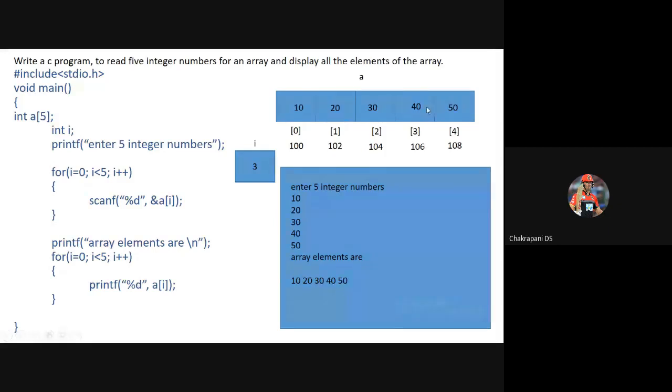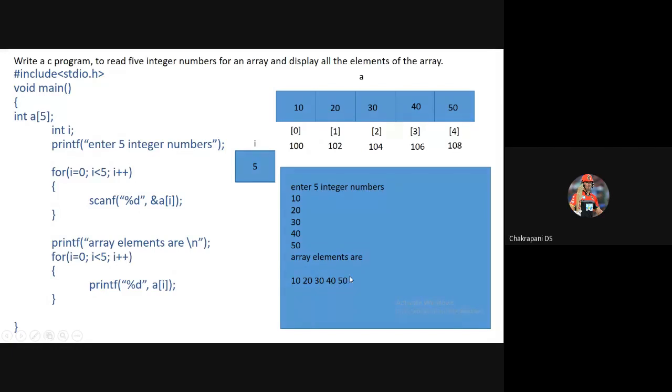But when the value of I becomes 5 after this incrementation, we'll go to the condition part. It'll check the condition, I less than 5. I less than 5 means 5 less than 5. Condition fails, so it won't enter anywhere. It just skips that part and goes to the last part of the program, that is the closing flower bracket. By that time, all the elements of the array would be displayed on the output screen.